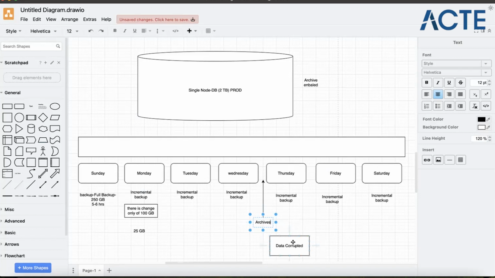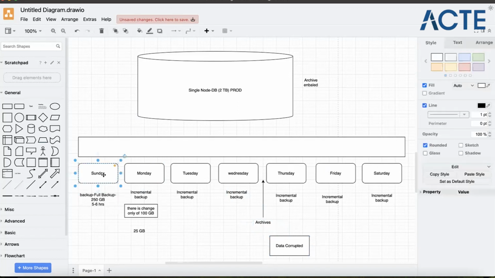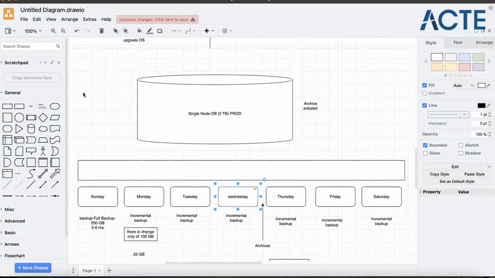When was the complete backup taken? Sunday. I will apply incremental backups, restoring till Monday, Tuesday, Wednesday. And on Wednesday, I'm going to wait for some time and record the archive. So archive is something, how it happened, like